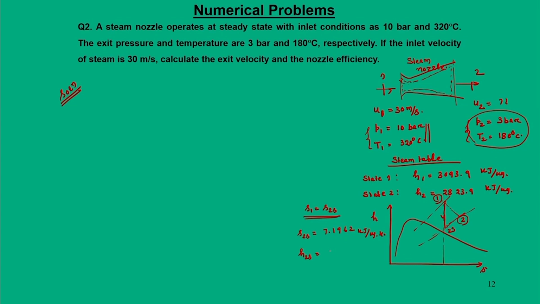H2S would be 2813.3 kilojoule per kg. So this number we get from the data of state 1. This number we get from the data of state 2. So now we are in a situation that we can write the energy balance equation